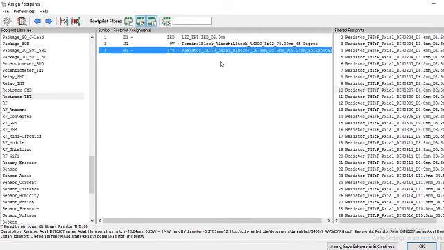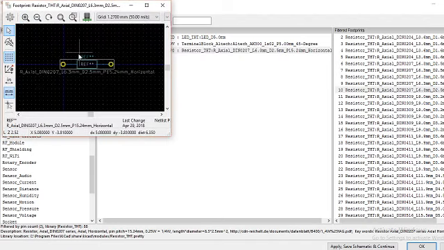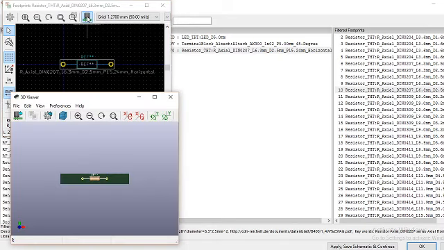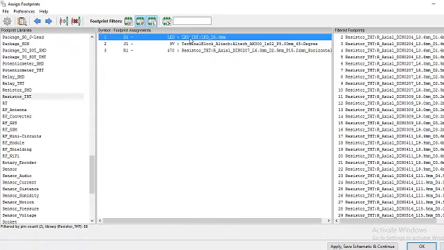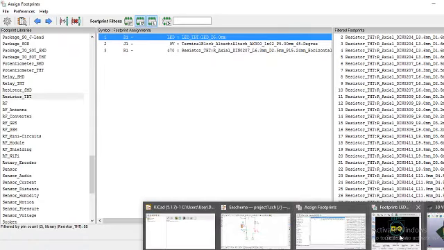If you are interested in knowing what the footprint you are choosing looks like, you can click on the view selected footprint icon for a preview of the current footprint. This is the view selected footprint icon. Click there. By using the 3D viewer icon, you can see the 3D view of that component. So here we can see the 3D view of the resistor. Similarly, we can see the 3D view of all components.